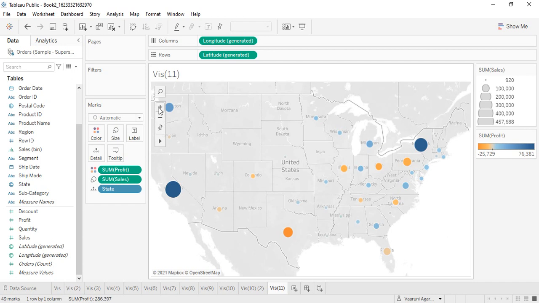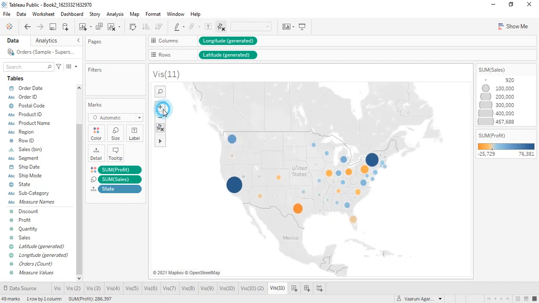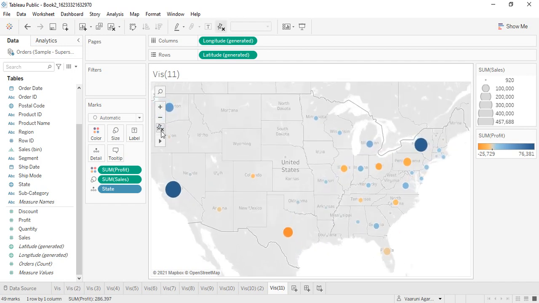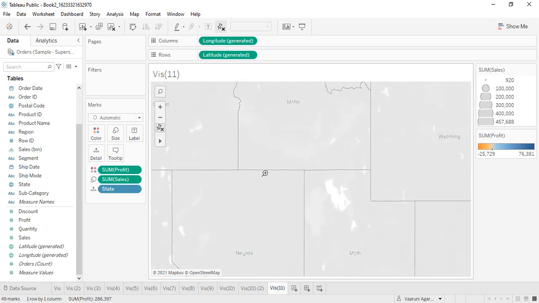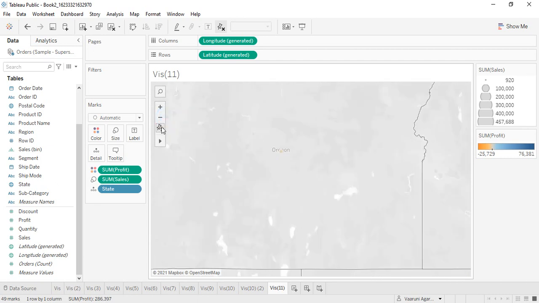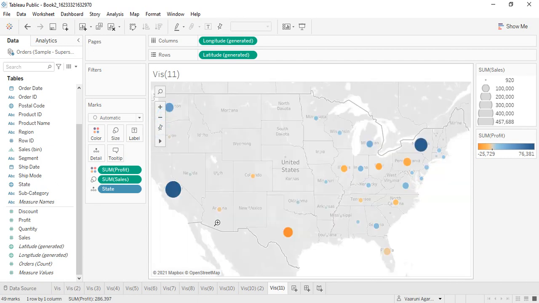Now we have these buttons that are available. These are the zooming buttons. We can zoom in or zoom out. This is the pin button that is used to pinpoint the location that is being shown on the map. And these are the selection portions, like if you want to select anything, or if you want to just zoom into the area using this magnifying glass button, then you can do that as well. Okay. So these are the map controls that we're getting. We can use these map controls.